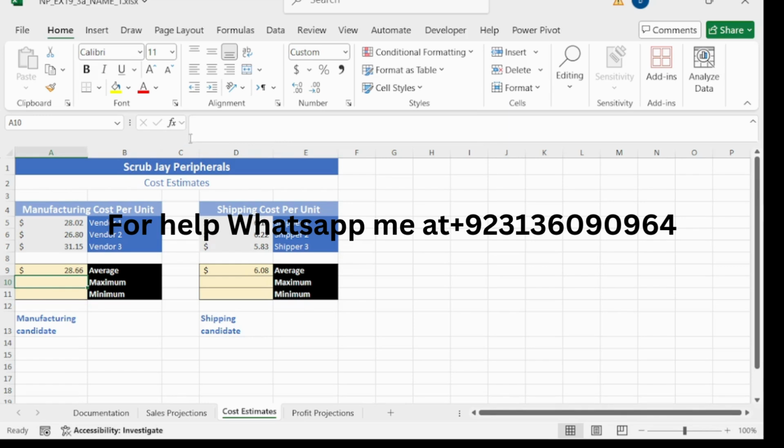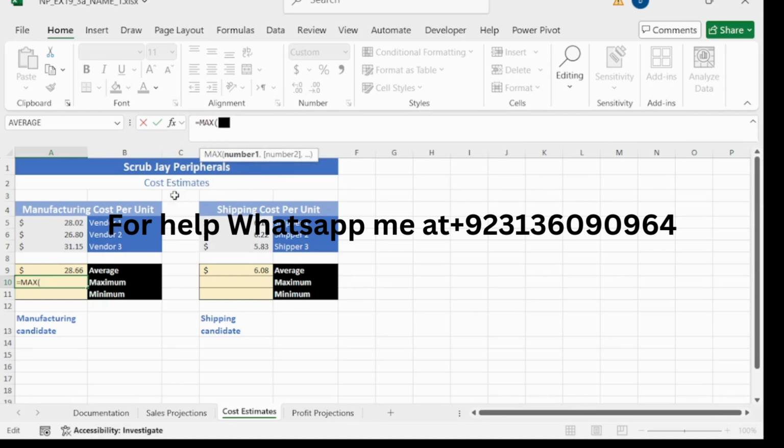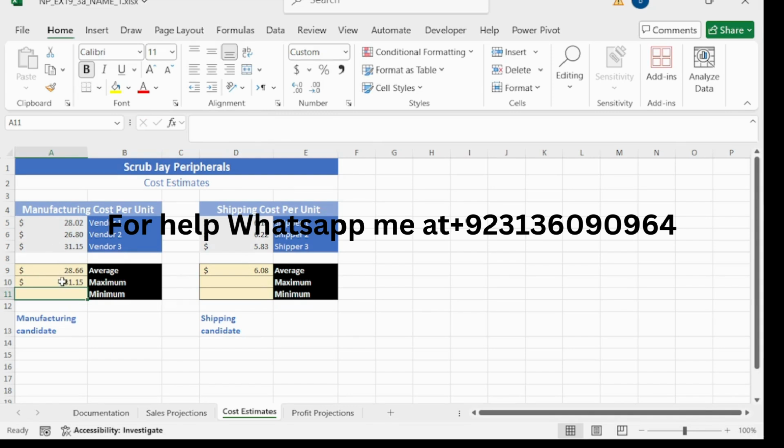This is cell A10. Use a MAX function that identifies the maximum value. So equal to and MAX function, this one, double click on it and select the range A5 to A7 like this and close the bracket and press enter and copy this formula to D10 here, Control V. So we have completed our step number 6 and our step number 7 is in cell